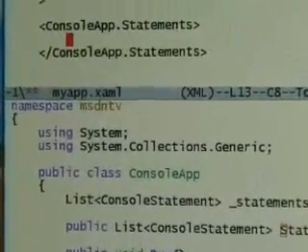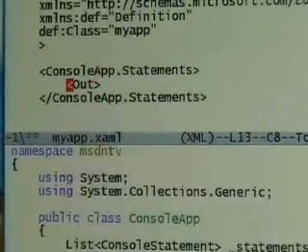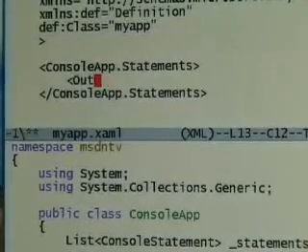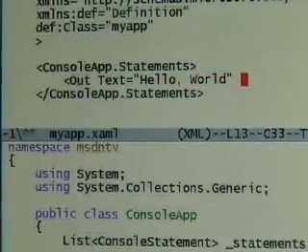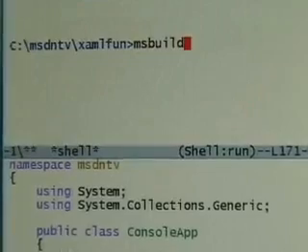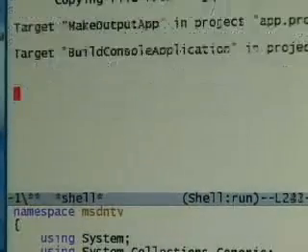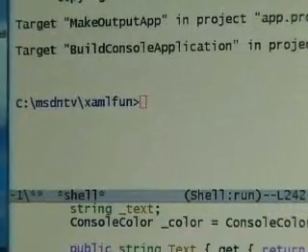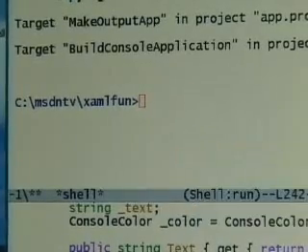Oh, great. So we should be able to just put an out tag, which if you remember from earlier, we have a class in there called out. Okay. And let's say, set the text attribute on out. Hello world, the obligatory, yes. Great. And let's try building that. Okay. So we can see that the properties on the class are mapped directly to the attributes on the XML tag. So we define a text property here, and so now if we run,